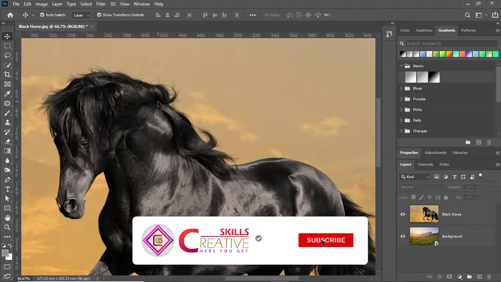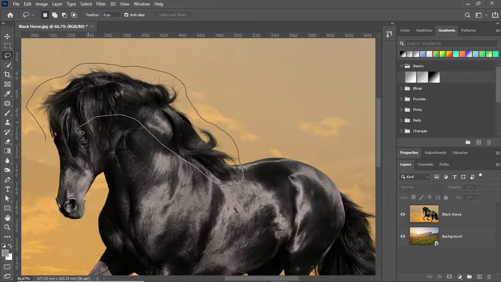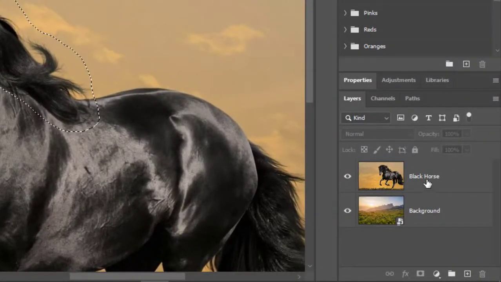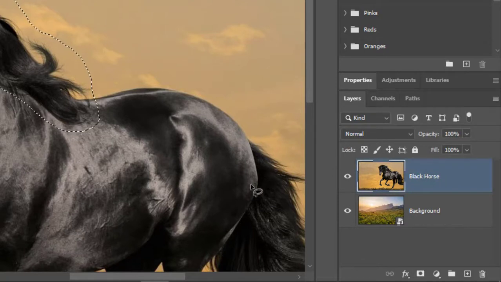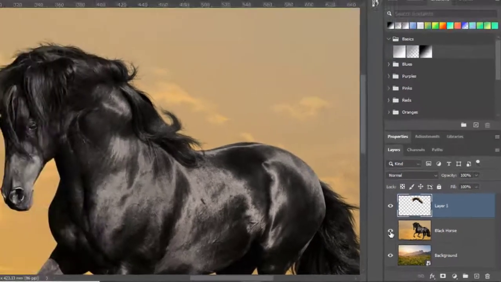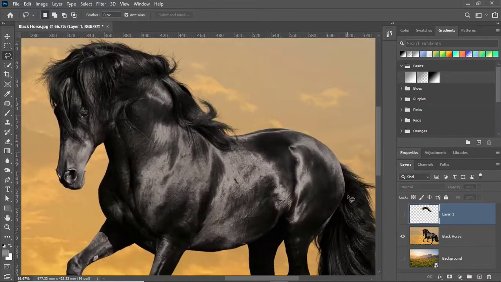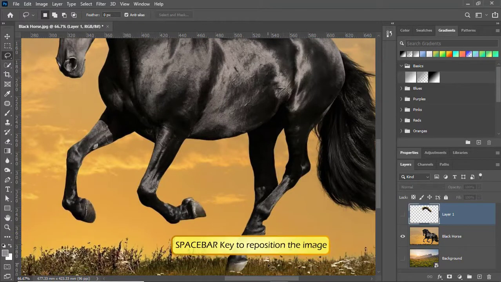First of all, I'll select the mane of the horse and the hair of the horse. I'll simply go to the lasso tool and select the hair area. Okay, fine. Now I'll select the black horse layer and then press the Ctrl+J key to copy the selected area of the image. Let me show you. I have copied this area of the image. Let me turn off this layer and select the original layer, and then